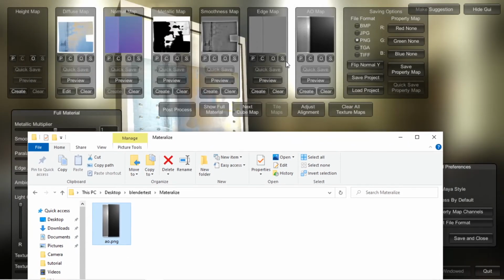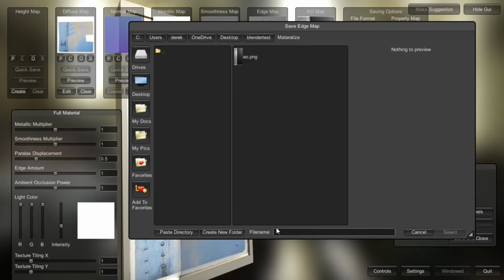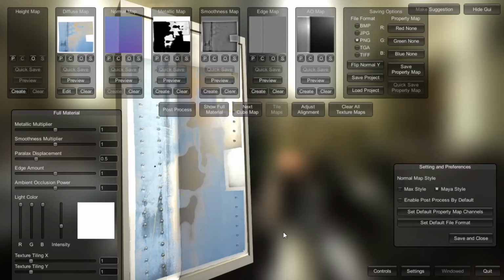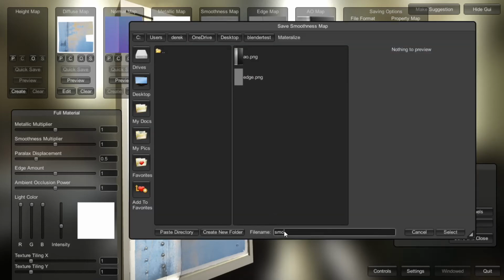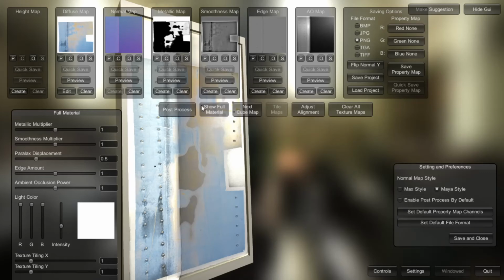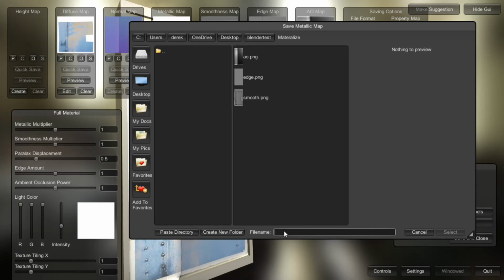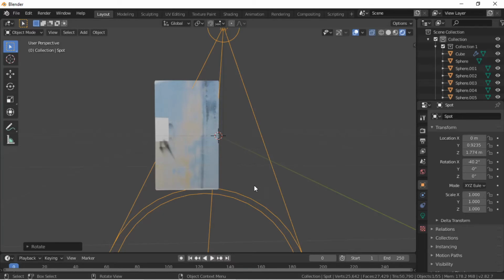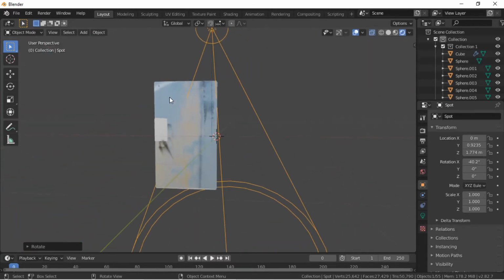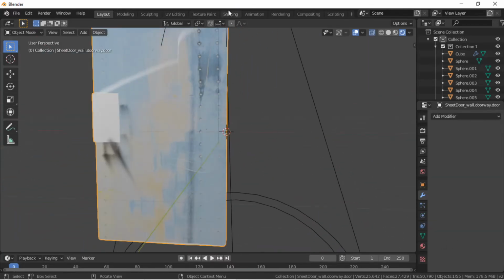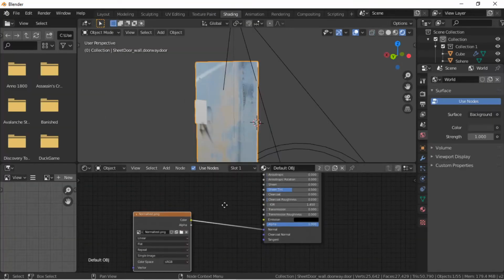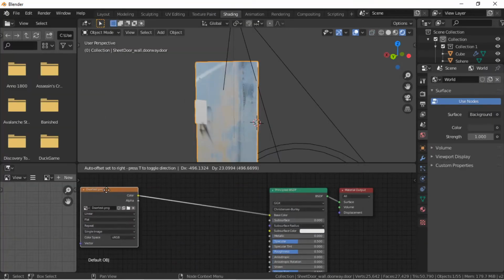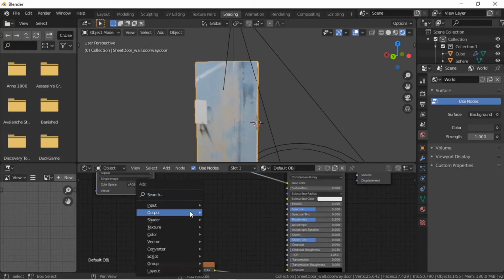So we got that. We'll save the edge map just for ha-has. Edge, smoothness, save as smooth, save as metallic. Alright, now let's jump back into here and we'll jump back into shading, base color, Shift A,